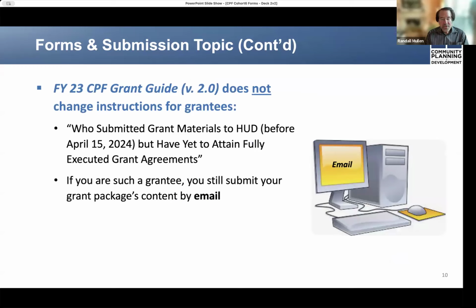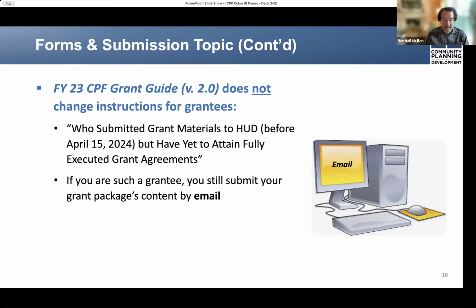The updated version of the FY23 grant guide does not change instructions for grantees who fit the following description. Those grantees who submitted grant materials to HUD before April 15, 2024, but have not yet obtained a fully executed grant agreement.